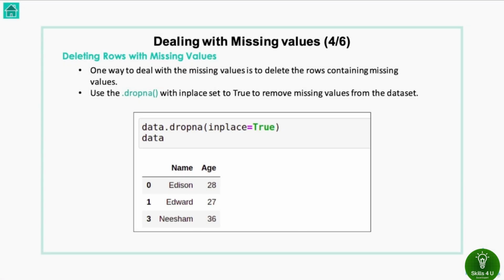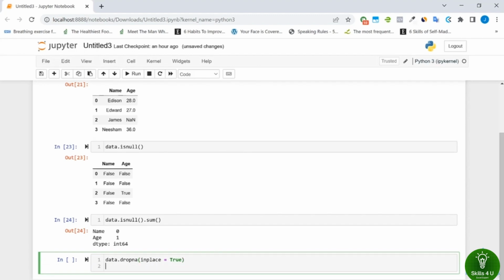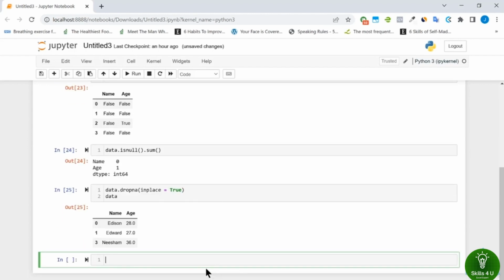Let's see how we can remove rows containing missing values. So, to delete rows containing missing values from the dataset, use the .dropna function. Don't forget to set inplace equals True. data.dropna(inplace=True), close brackets, data. Click run. The row with the label 2 has been deleted since it contained a missing value from the